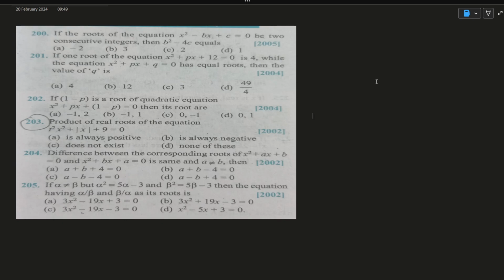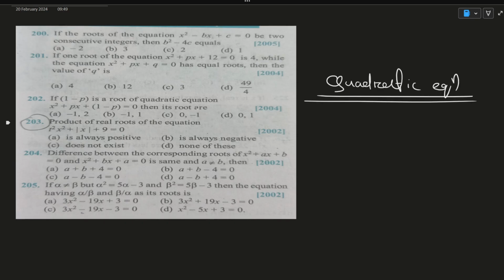So today we'll see some previous year questions that were asked in JEE Mains based on the topic that is quadratic equation. Based on this chapter, we'll see some previous year questions that were asked in JEE Mains. So if we see carefully the question number 205, then we are given here